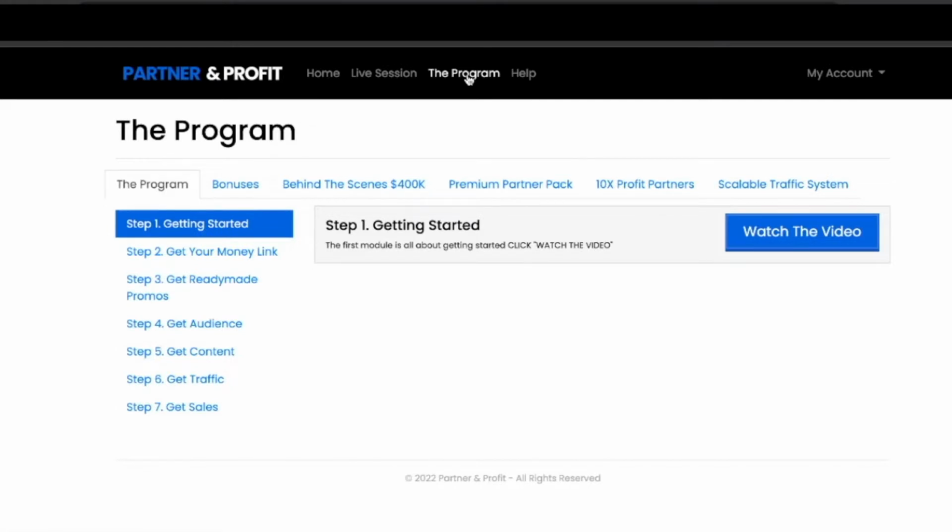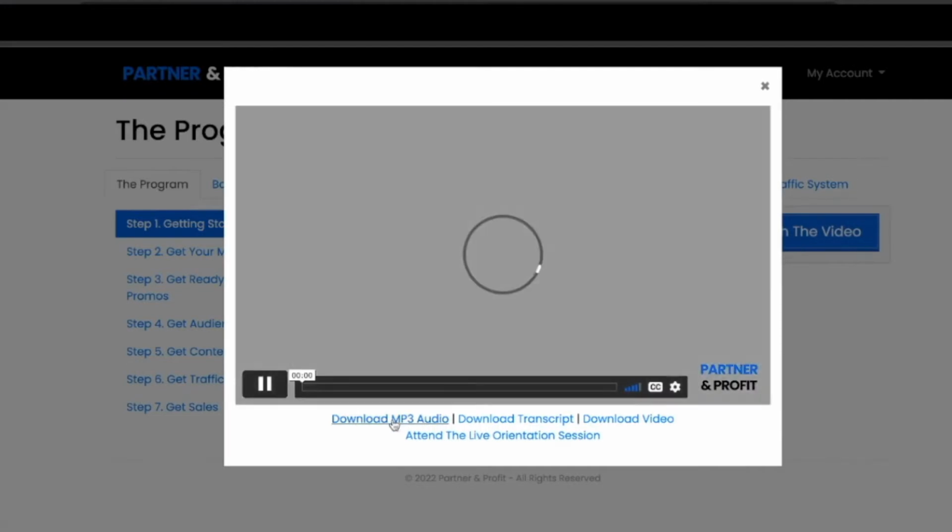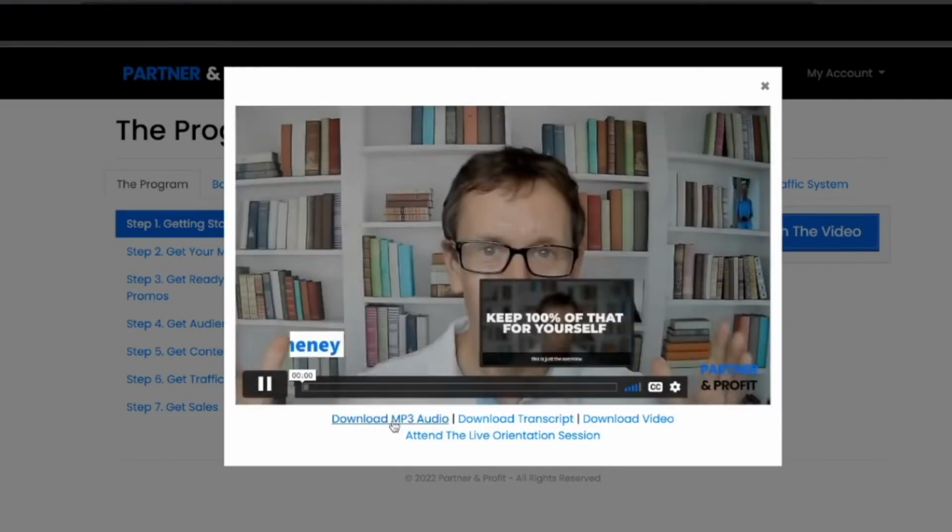So first of all, what you're going to do is you're going to see this dashboard here. Now, with each step, you've got 7 steps on the left hand side here. This is all part of the front end. So how to get started, where to get your money link from, how to get your ready made promos here, how to get your audience, where to get your content from, where to get traffic, and where to get sales. And what you do is you just click on watch the video here,